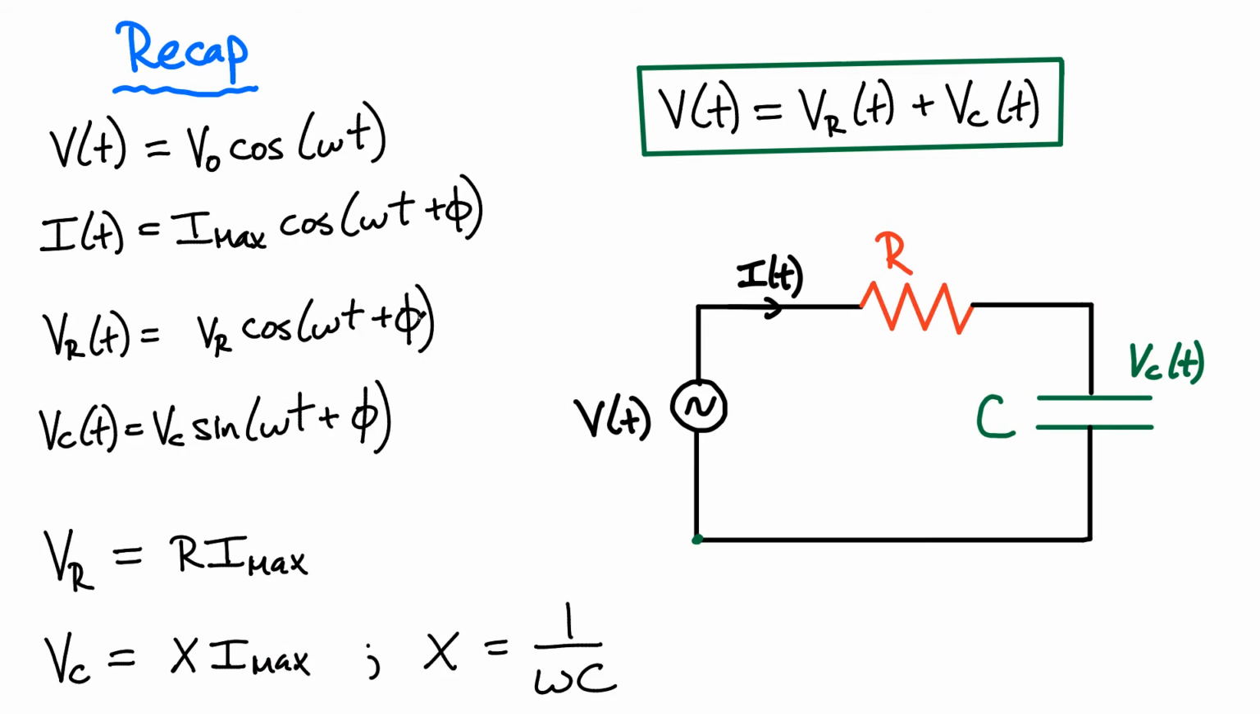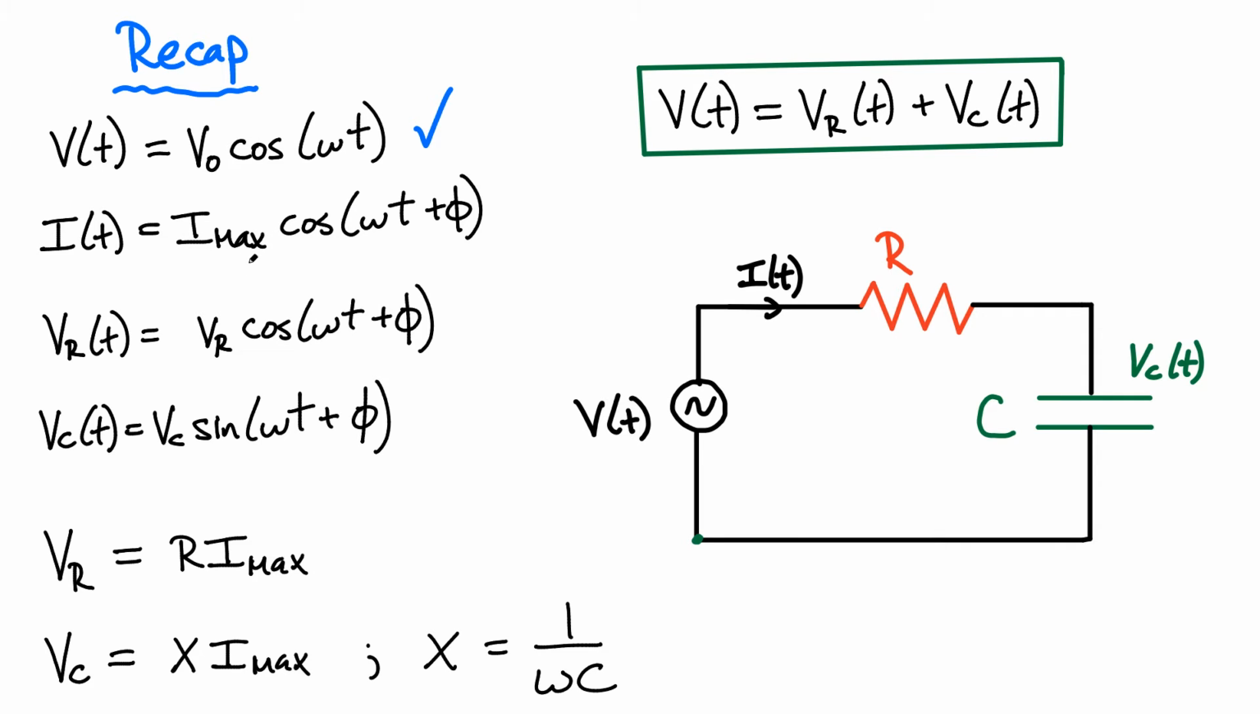So let's just quickly recap. We had our voltage from the power supply, which was given by a simple expression. I didn't include the phase for that term. It had some angular frequency, omega, and some amplitude, V0. I assume that the current can be written in this form, and I left it in the most general form possible. So it's going to have some amplitude,